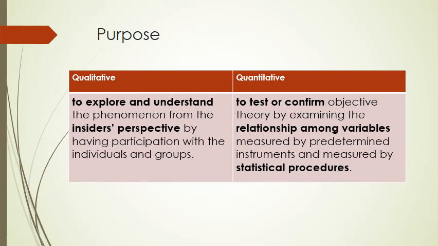But usually in quantitative research, the purpose is to test or to confirm by examining the relationship among variables. It can be two variables or three variables or even more than that, measured by predetermined instruments and